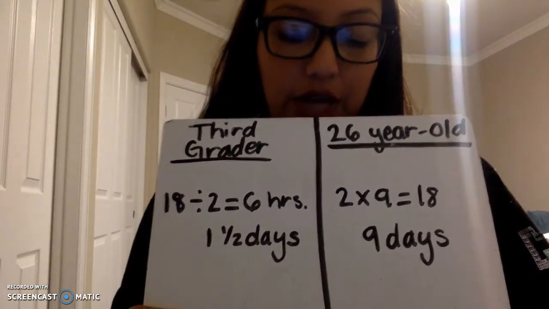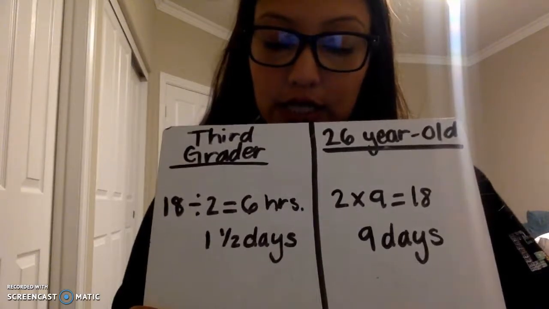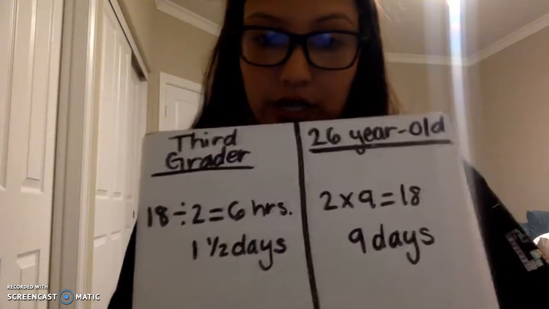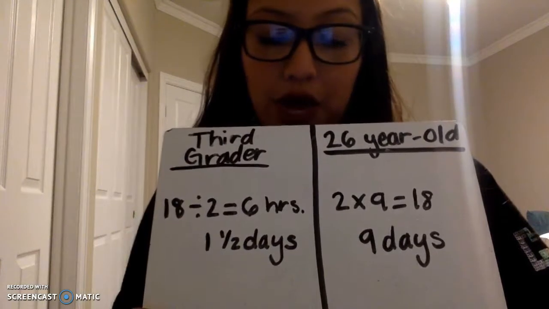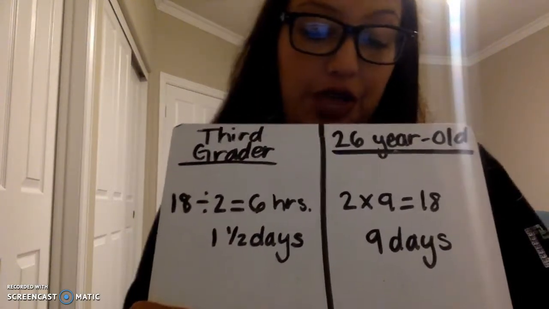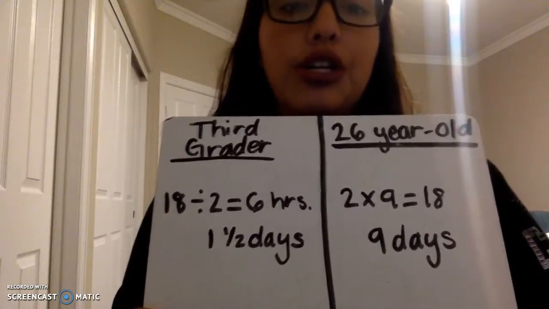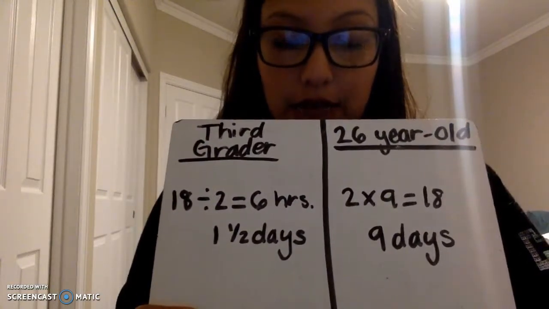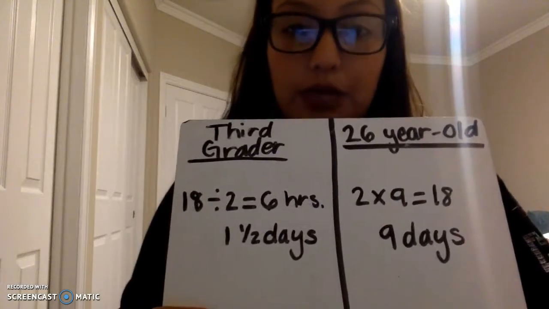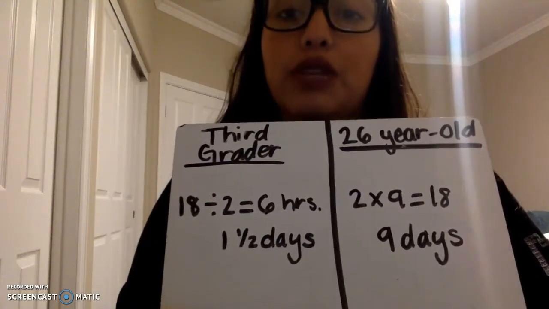So I would have thought he would have said 3 days, because it's 6 hours and 2 hours each day. So I would have thought 3 days, but yeah, I'm not sure. So that was wrong. And then the 26-year-old solved it, they wrote down 2 times 9 equals 18, so it's